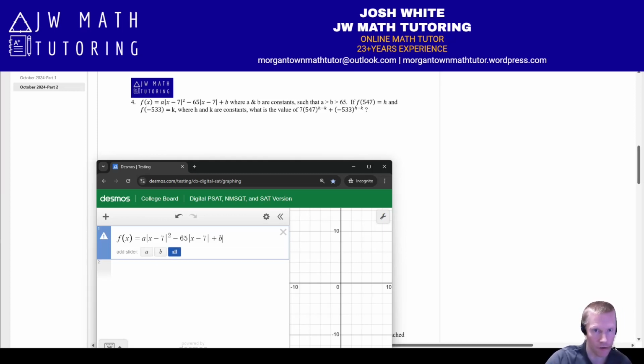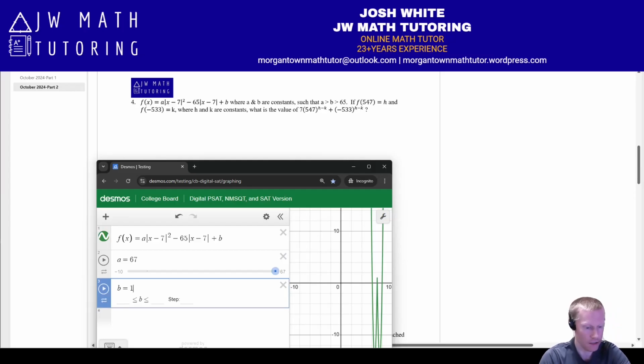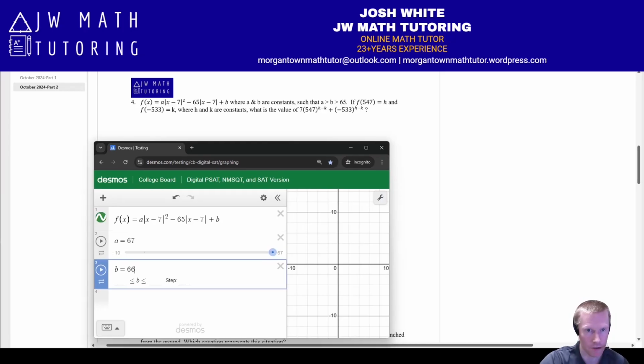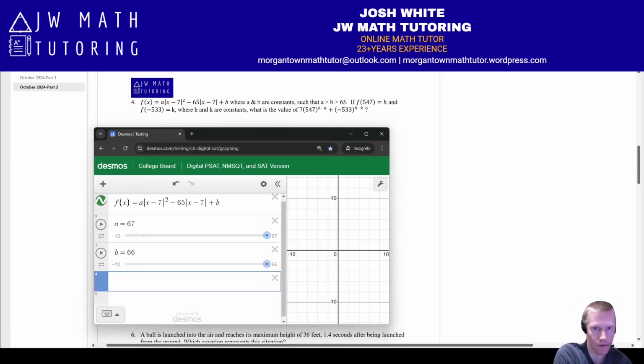Okay, and I got to add sliders for A and B. Now A has to be greater than B, and they both have to be greater than 65. So let's go 67, and let's go 66. They don't have to be integers, but whatever, that's fine. Okay. So now I'm going to say H equals F of,